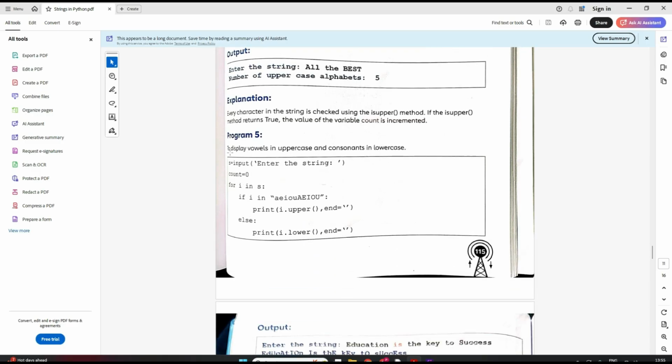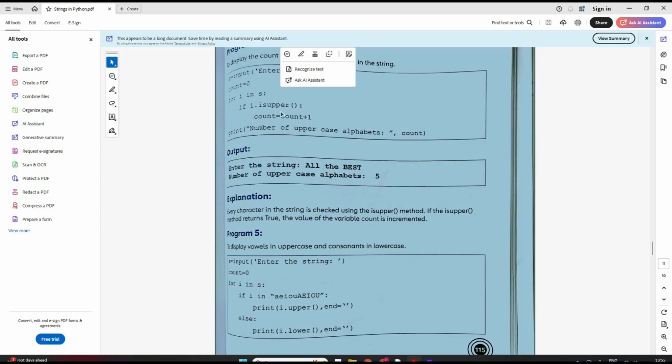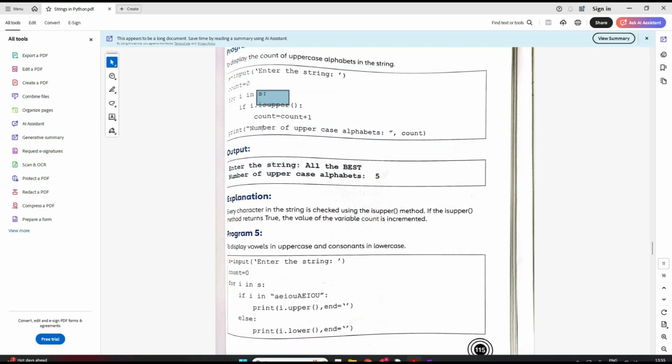Now program 5, to display vowels in uppercase and consonants in lowercase. So for that, what we have to do? We have to check whether it is a vowel. So here, they have inputted a string from the user. For I in S, again we are traversing each character of that string. See, we are not using the range function here, because we have to traverse each character. When you have to traverse each character, you can do it directly, you don't have to use the range function.